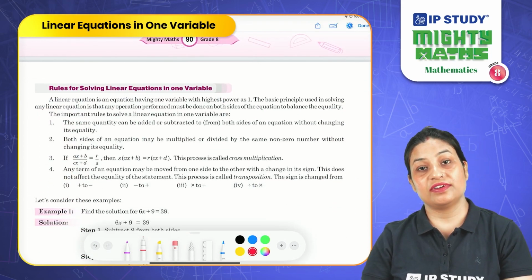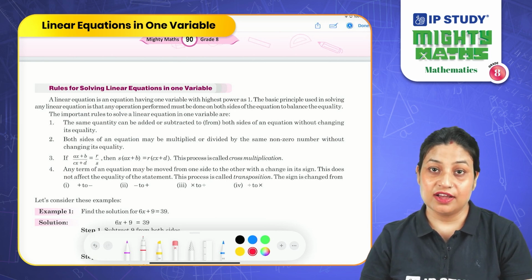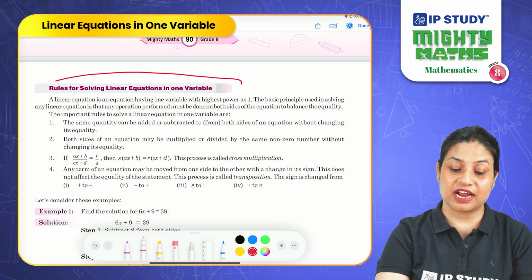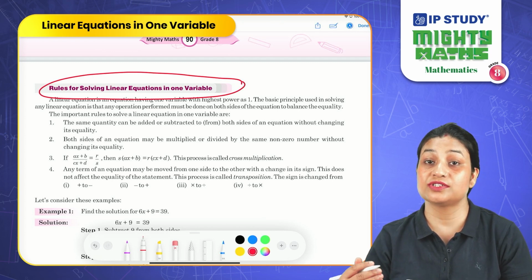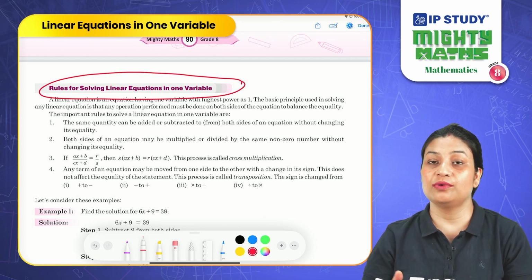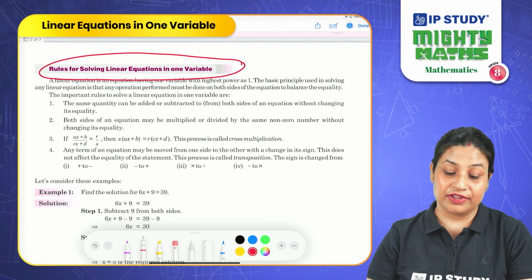So dear students, we have already discussed what a linear equation in one variable is, right? Now let's see different methods to solve linear equations in one variable. For that, there are certain rules that we need to follow, or you can say that these rules will help us to solve linear equations in one variable in order to find out an unknown quantity or variable value, right? So let's read it together. The rule says